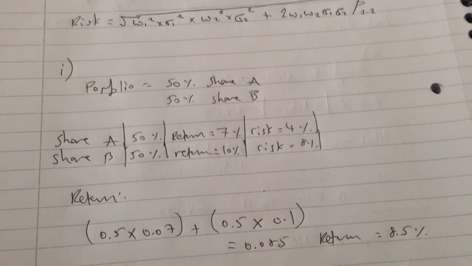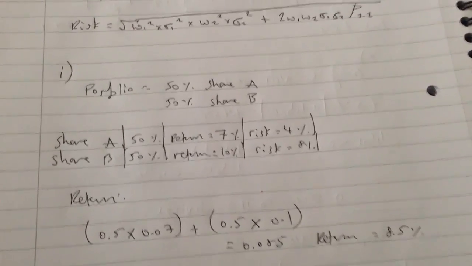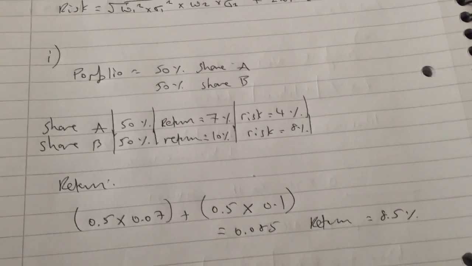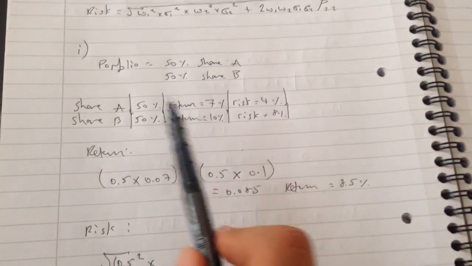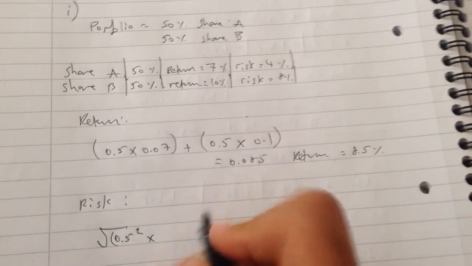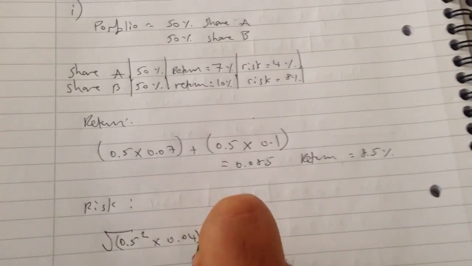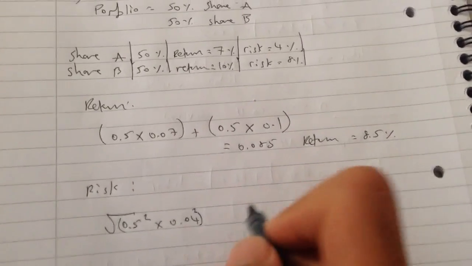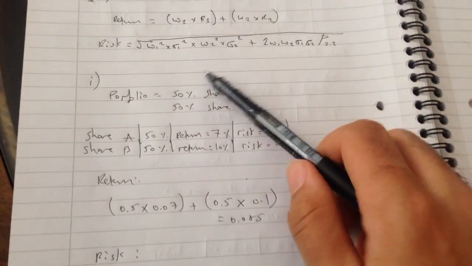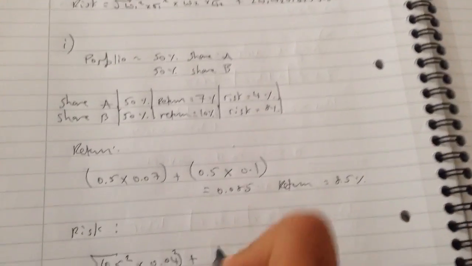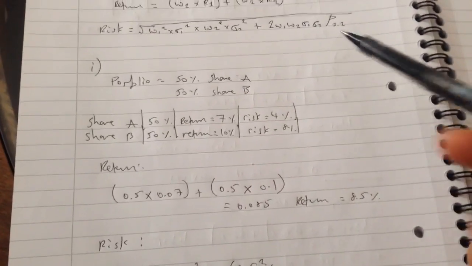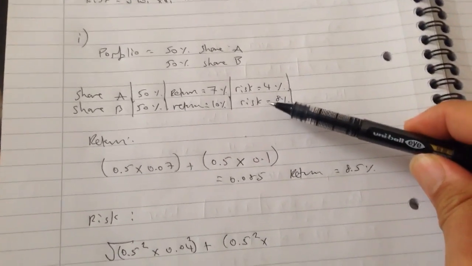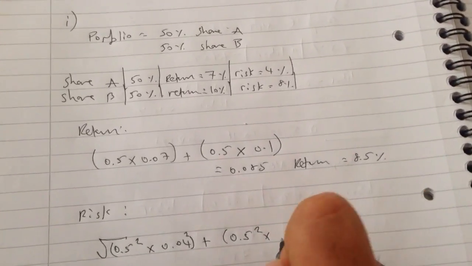So under the square root, the first weight, we already know, is 0.5, so weight 1 squared is 0.5 squared, multiplied by the risk of the first one squared, so the risk of share A, 4%, 0.04 squared, plus weight 2 squared, 0.5 squared, multiplied by the risk of the second one squared, so the risk of share B, 8%